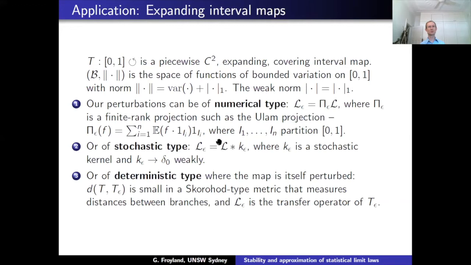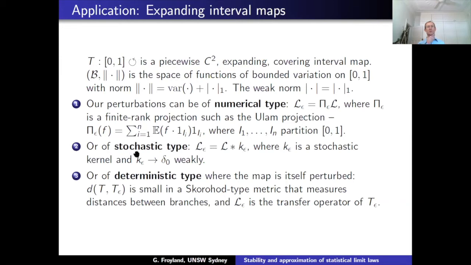So how this works is you've got your unit interval, you break it up into, let's say, 1,000 little subintervals, and you have some function f that you want to project. What you do is you make a step function on these 1,000 intervals, and the height of the step is just the expectation of f restricted to that subinterval. So it's just the obvious piecewise constant approximation of a function that you would make given a finite partition.